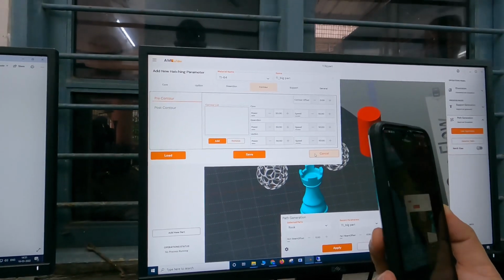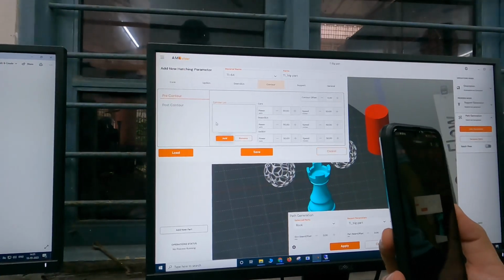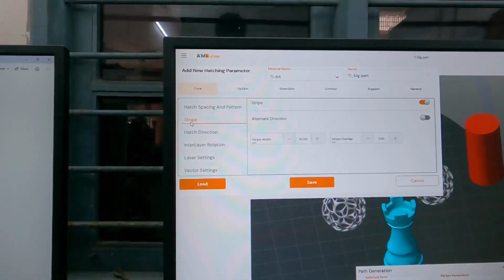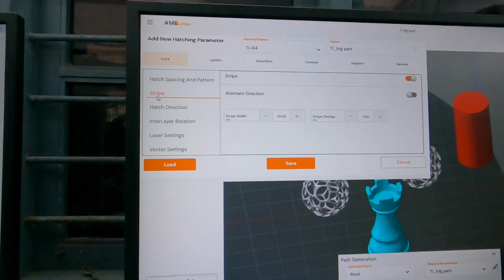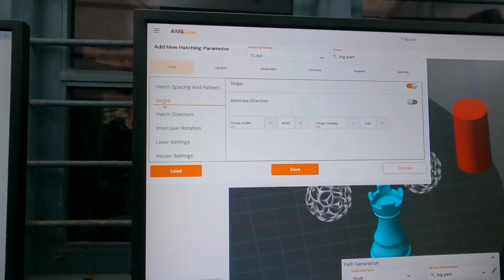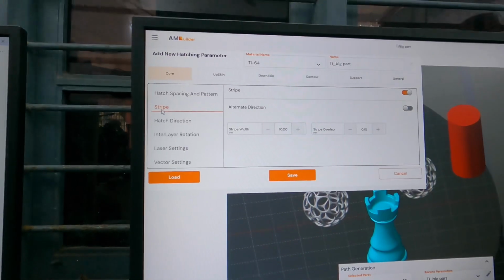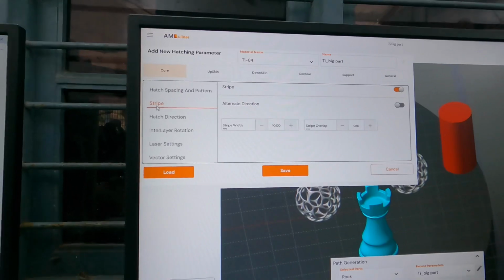So go back. The parameters what is actually shown over here, for example stripe. So that is the width of the stripe, the scanning length over the layer. Then the hatch spacing determines the distance from the center of one bead to the other bead.